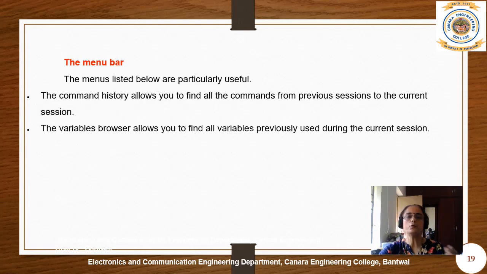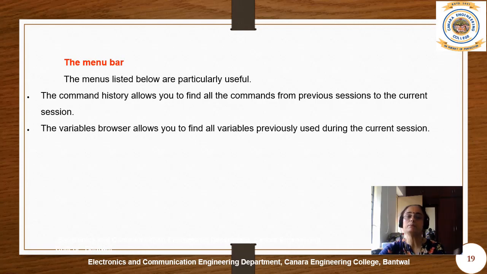So the menu bars, if you look at, it has got a command history. In the beginning itself I have told. Then one more is called the variable browser. What are the advantages of this command history and the variable browser? Command history allows you to find all the commands from the previous sessions to the current session. So you will know what commands you have used earlier, and you can make use of them in the present session.